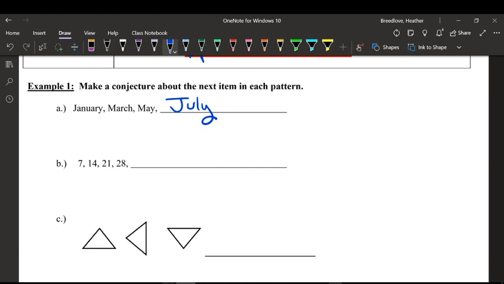7, 14, 21, 28, 35. This is adding 7 every time. 7 plus 7 is 14. 14 plus 7 is 21. 21 plus 7 is 28. 28 plus 7 is 35. Or something simple like this. I like simple examples and problems,